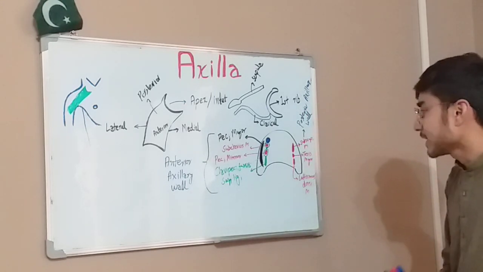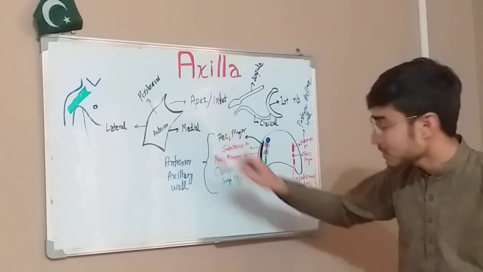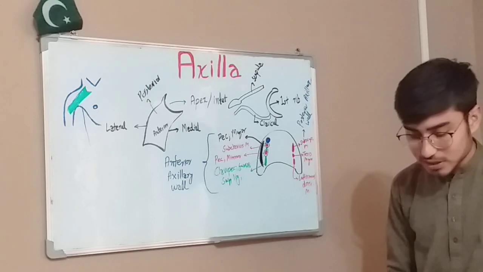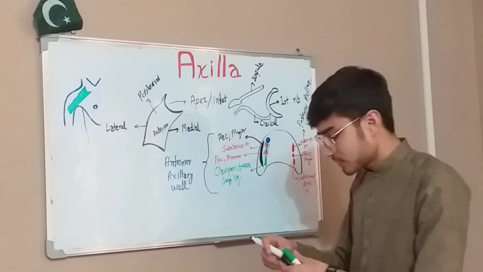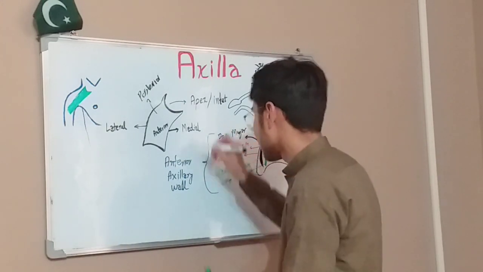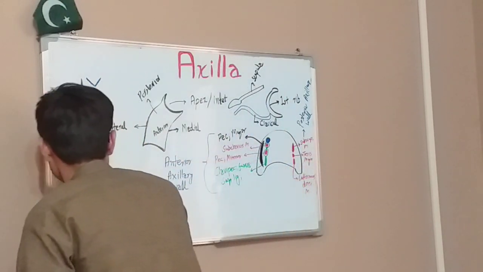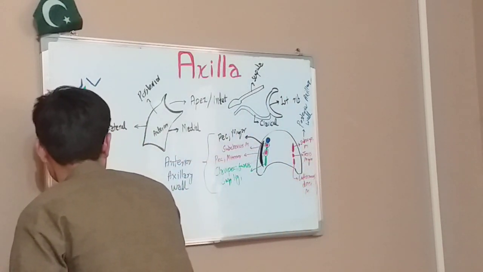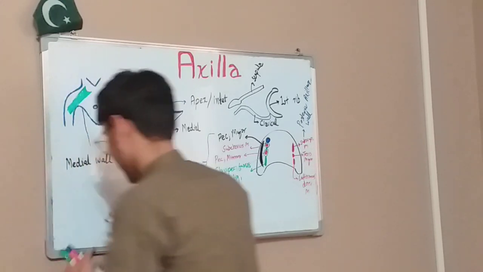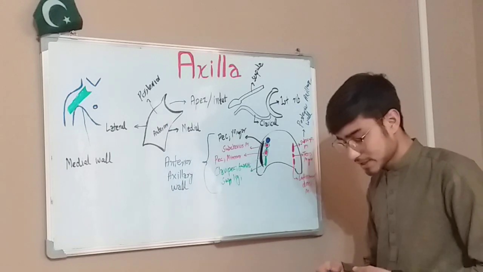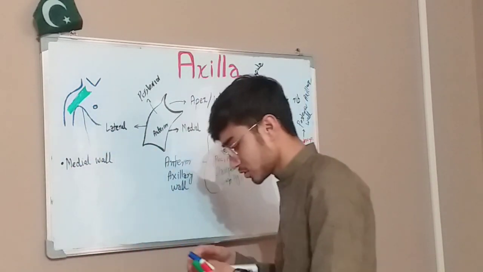Now let me explain the medial axillary valve. So the medial axillary valve is formed by what? First of all, let me write it down that I am going to explain the medial axillary valve. Now, the medial axillary valve is formed by the superior four ribs,